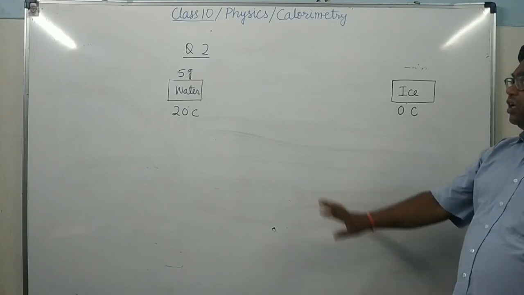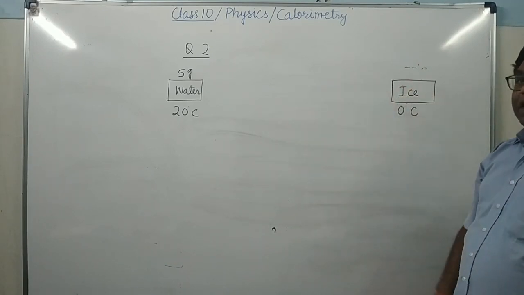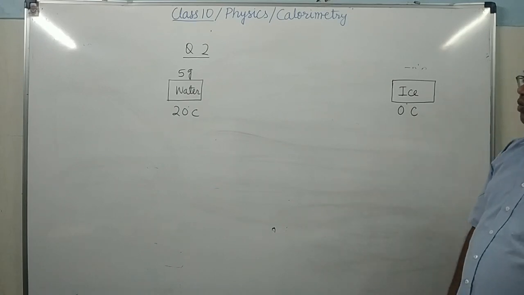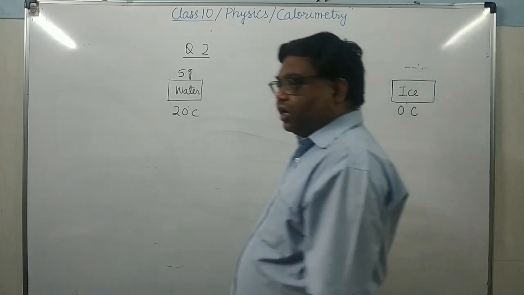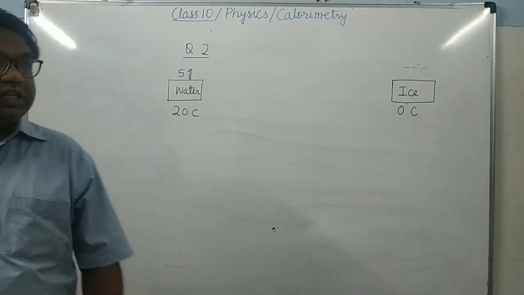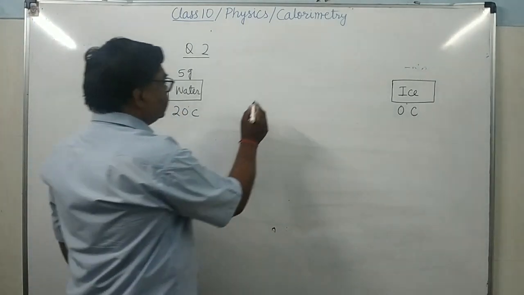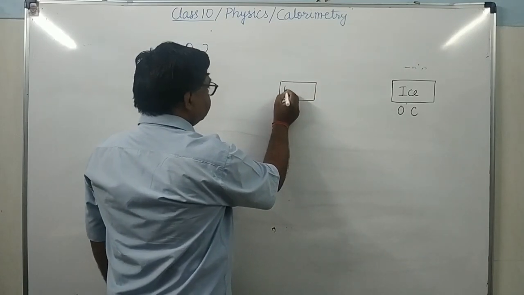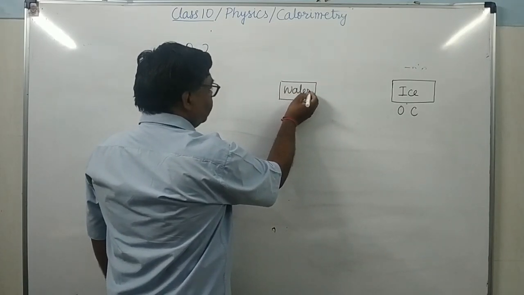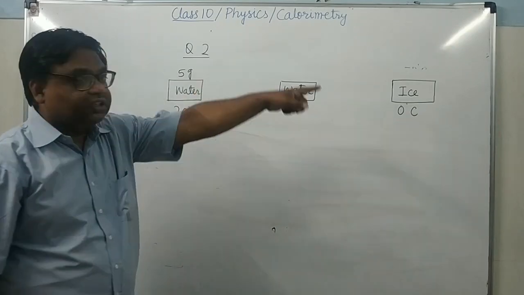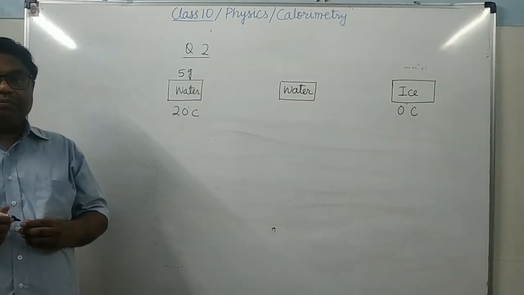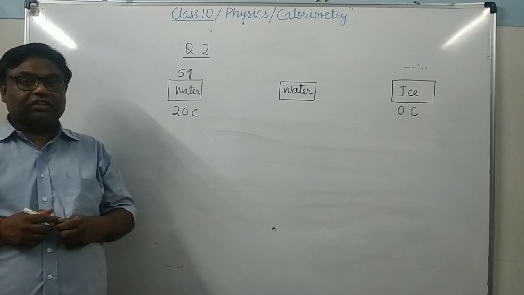Now see here. Here water can convert into ice by liberating the heat. So first of all what will happen? It will liberate the heat and change into water at 0 degree Celsius. Is it clear? Because directly it cannot change from water to ice at this temperature, because the beginning temperature is not 0 degree Celsius.